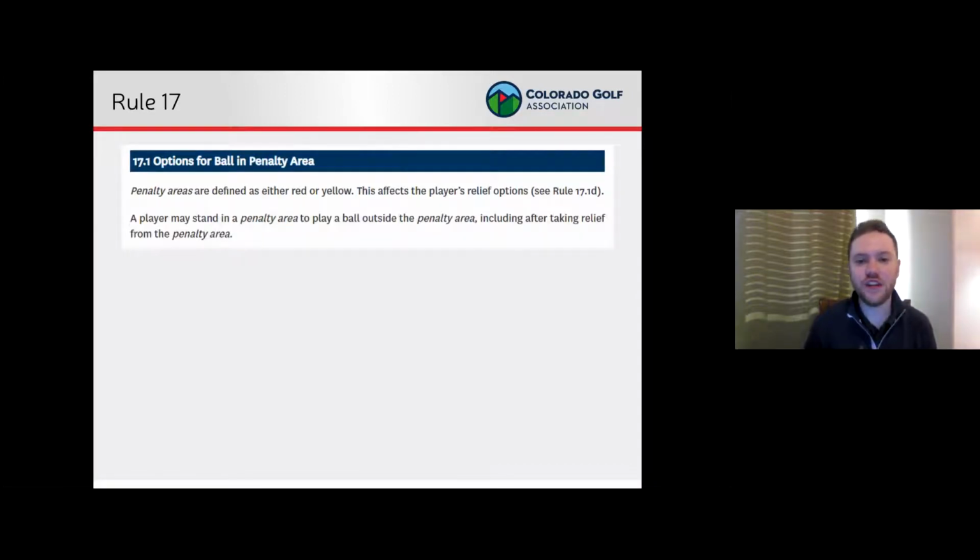So this is more of the definition here of the penalty area. It says a player may stand in a penalty area to play a ball outside the penalty area, including after taking relief from the penalty area. So we see this a lot where you take your two club lengths, and we'll get into that in a minute, and then when you drop the ball in your relief area, it rolls and comes to rest in the relief area, but your stance is in the penalty area,